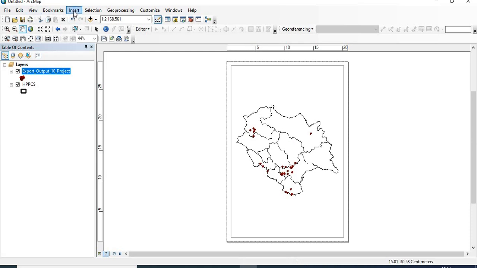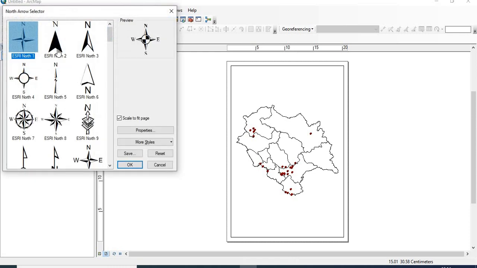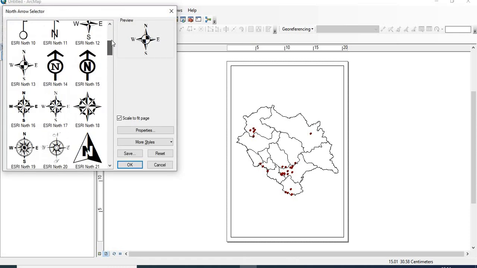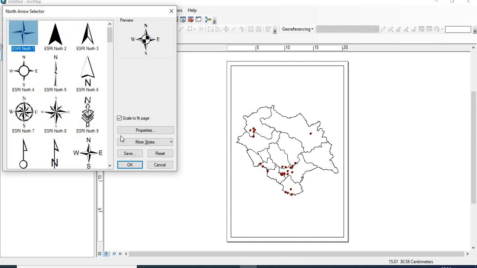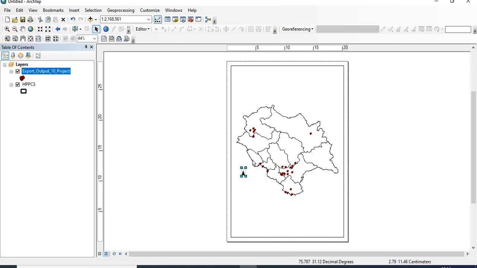For example, go to this insert and click on the north arrow. There are so many symbols, so you can choose any one of them, and using this you can keep it here.